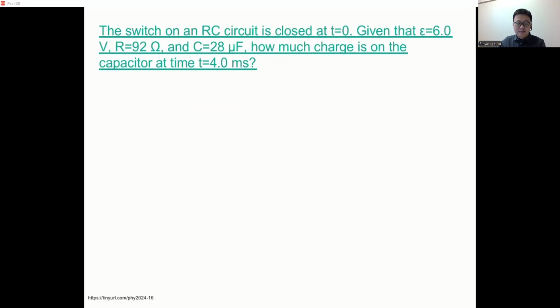All right. We will take a look at this example. Okay, so this one says the switch on an RC circuit is closed at t equal to 0. Given that epsilon equals 6.0 volts, R equals 92 ohms, and C equals 28 microfarads, how much charge is on the capacitor at time t equal to 4.0 ms, which is milliseconds? Okay, so